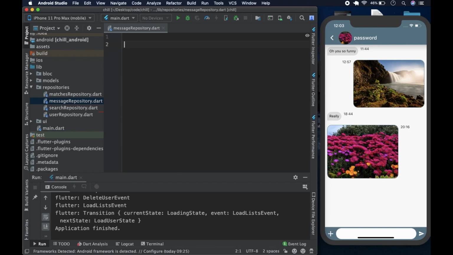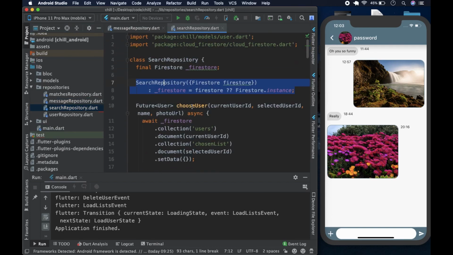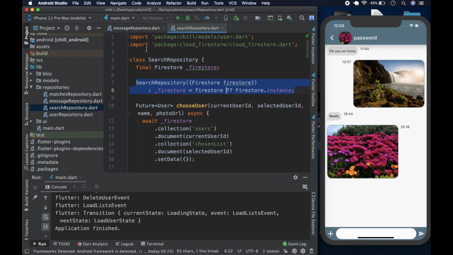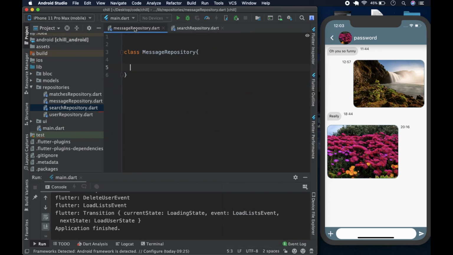And of course, first things first, it's going to be a class, and we can call it message repository, like so. Afterwards you could come to the user repository. No, the user has a dependency on Firebase Auth and Firestore. Let's come to the search, and we can borrow this exact code. I think we did it when we were making the matches, so that's where we left it off. And we can copy this. This just basically tells it that